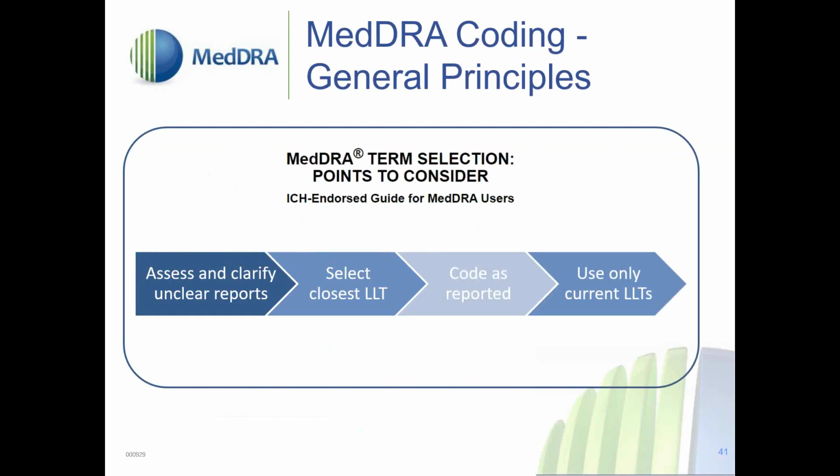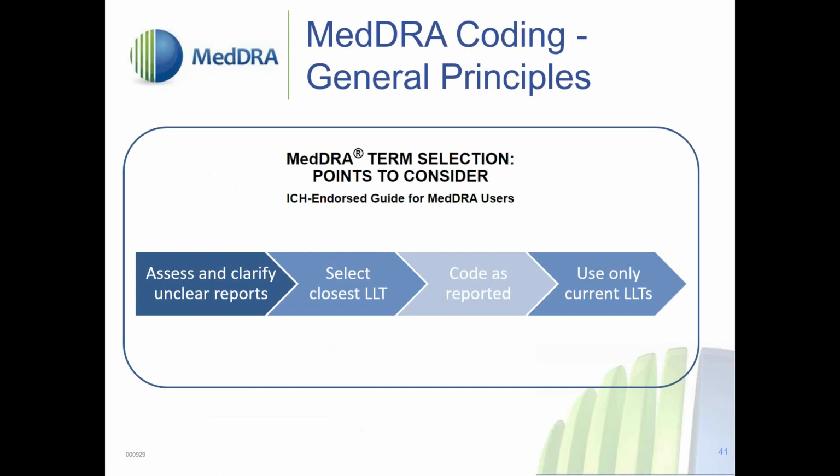So first, just a short reminder regarding the basic rule to be followed for coding with MedDRA. Of course, the quality of the reported information and the extraction of the relevant information during data entry are a basic requirement for good and meaningful coding. This was exactly the question that we had with a global label and local label and how to classify in coding. So the term extraction needs to be very specific in order to be able to code as specifically as possible.